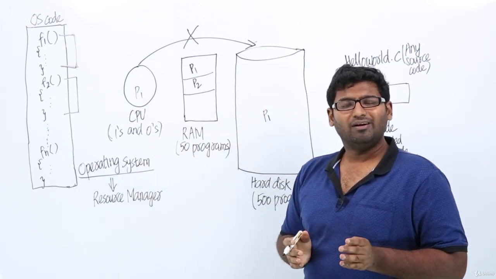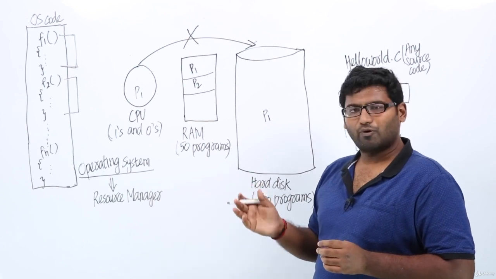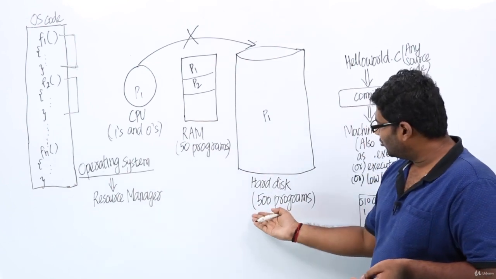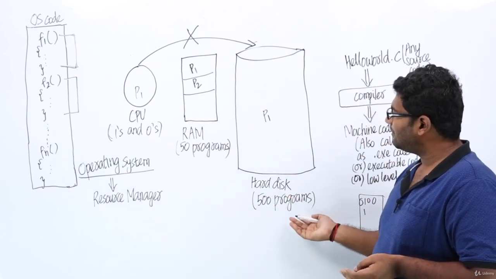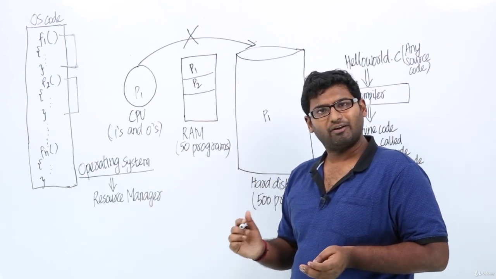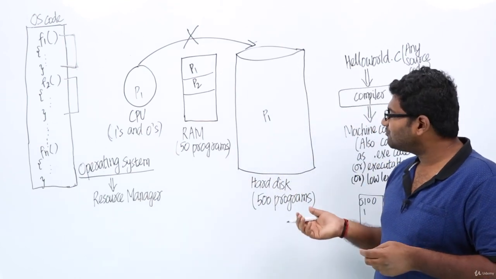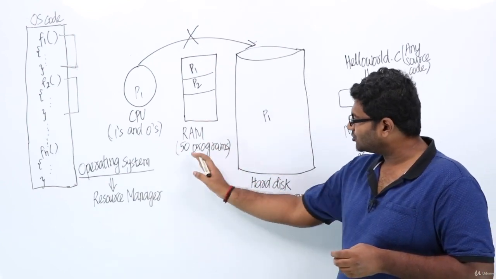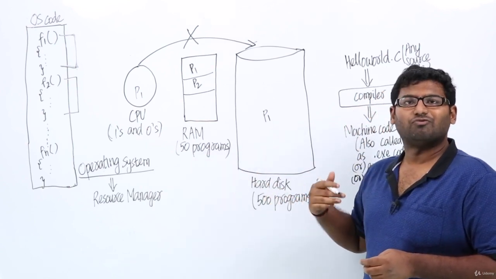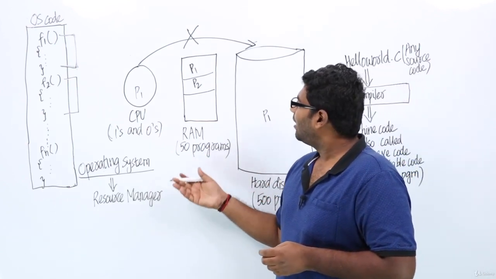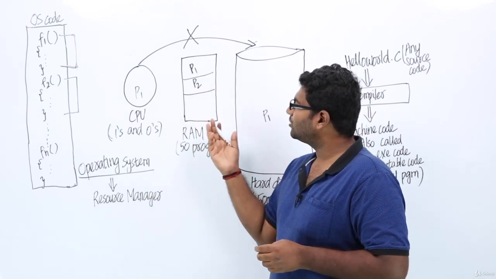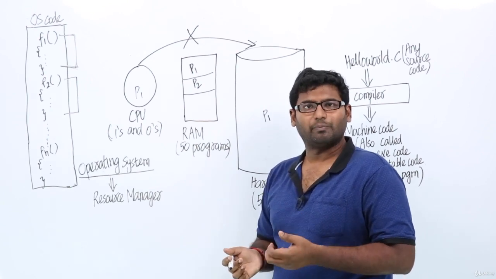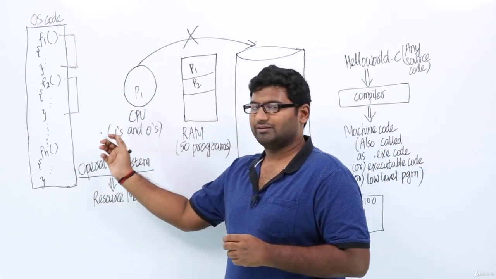See, one more important point. Obviously, every program or process will definitely get the resource. There is no doubt about that. Even here, all these 500 programs will definitely be moved to RAM at some point in time. Now, out of these 500, which 50 should be moved first? That is important, right? Though all 500 programs will get the resource, which 50 should get the resource first? Same is the case here. Out of these two processes, though both will get the CPU, the question is which process should get the CPU first? That is important, and that is being decided by our operating system.